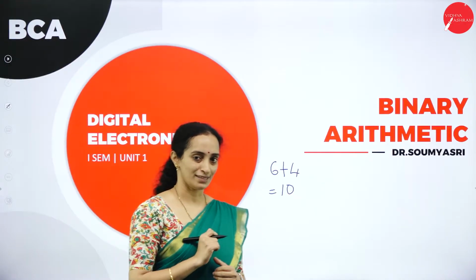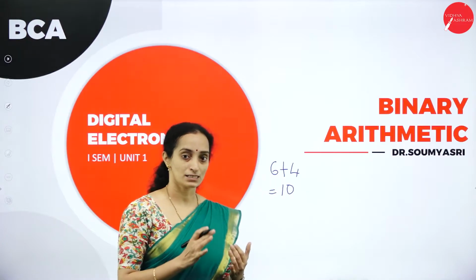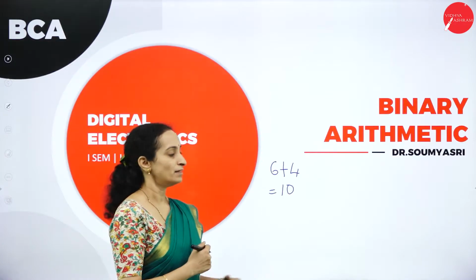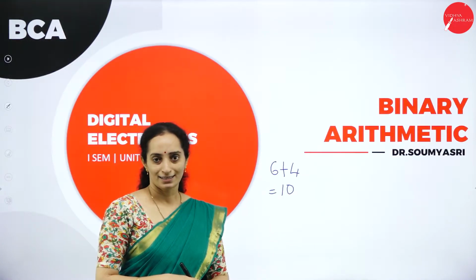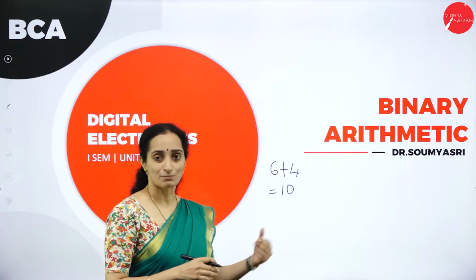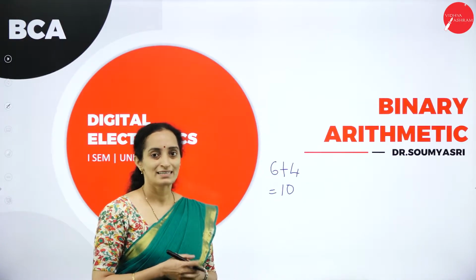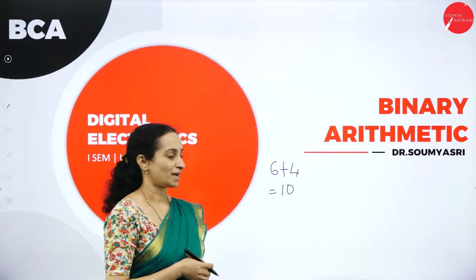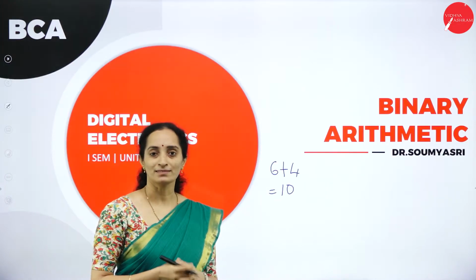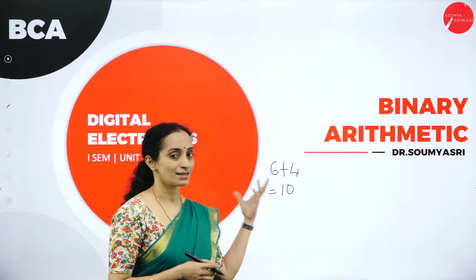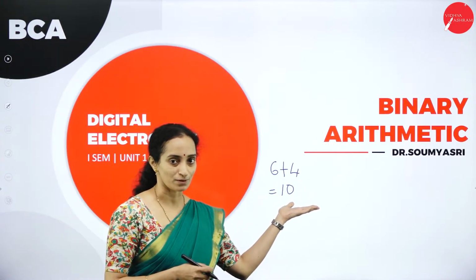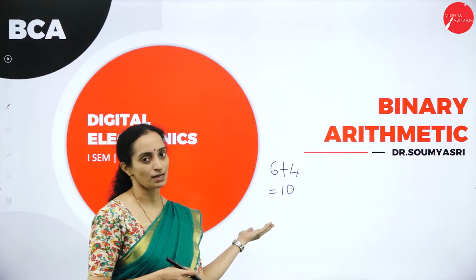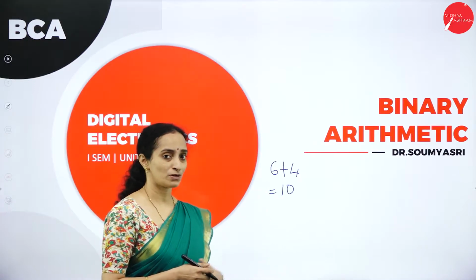Suppose instead of this, I provide this number 6 plus 4 to the computer, will it be able to do the addition operation with this much ease? It is not possible. Why is it not possible? Because the computer cannot understand this system. That is, it cannot recognize either the 6 or the 4. If it is not able to recognize 6 and 4, it cannot produce 10. How do you produce 10 then?